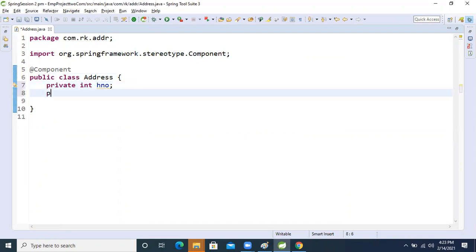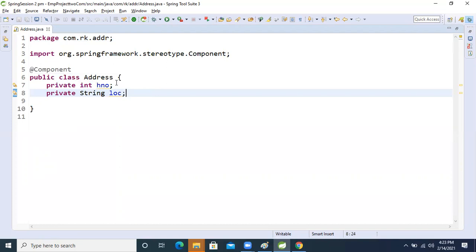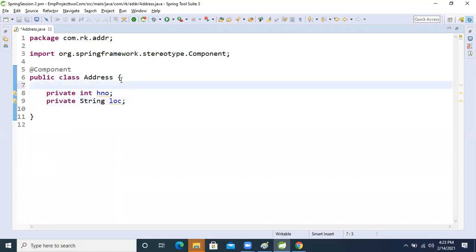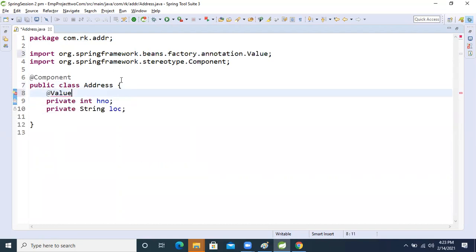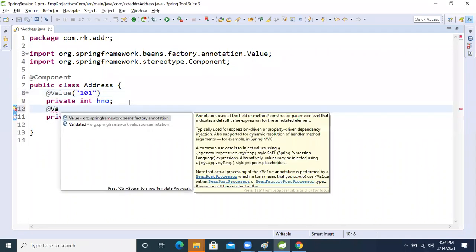Second, private String loc, location. These two data are there. Now if we want to apply @Value, I'm hard coding the data here. The home number is 101. Then for location, I'm also using @Value.